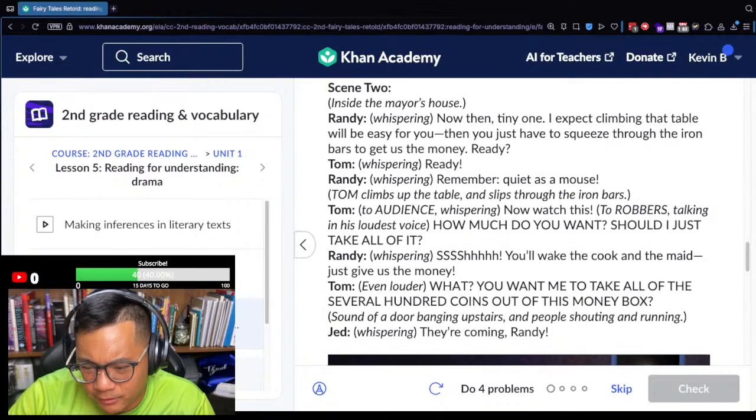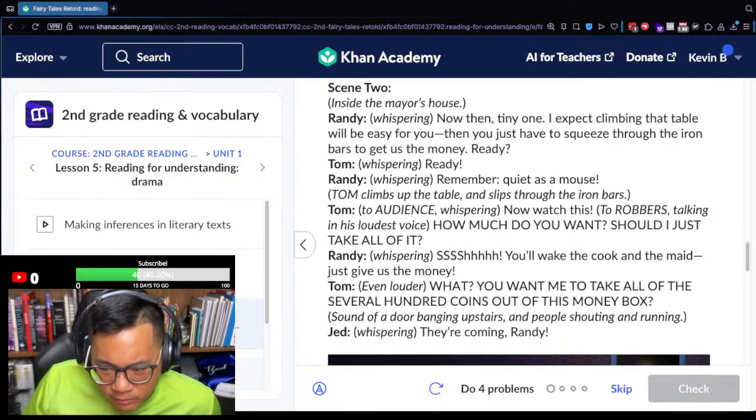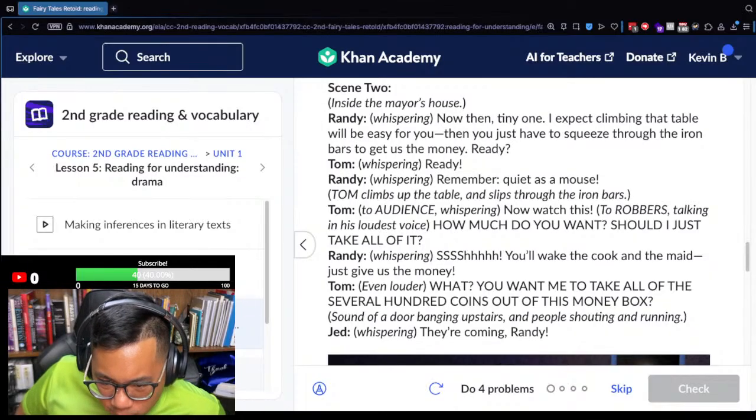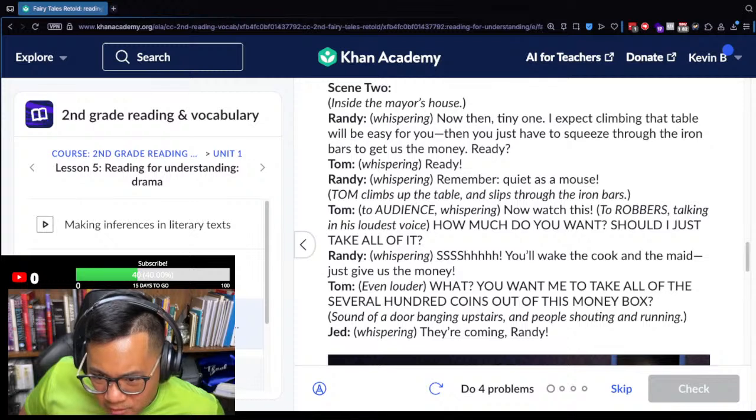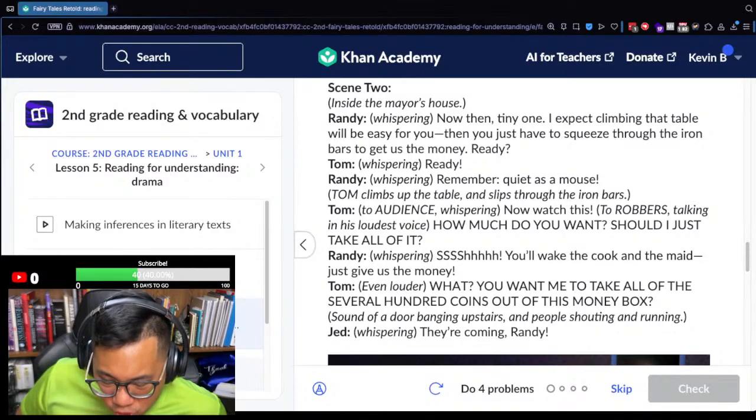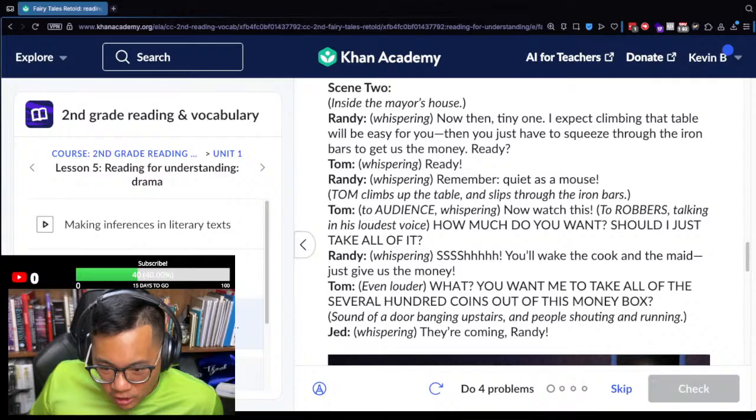Scene 2, inside the mayor's house. Now then, tiny one. I expect climbing that table will be easy for you. Then you just have to squeeze through the iron bars to get us the money. Ready? Ready. Remember, quiet as a mouse. Tom climbs up to the table, slips through the iron bars. To audience, whispering: Now watch this. To robbers, talking just loud: How much do you want? Should I just take all of it?